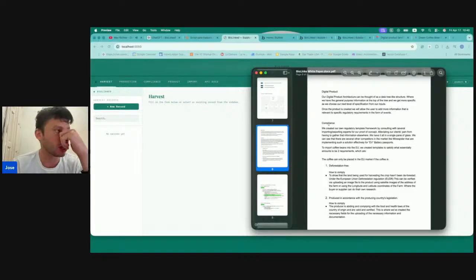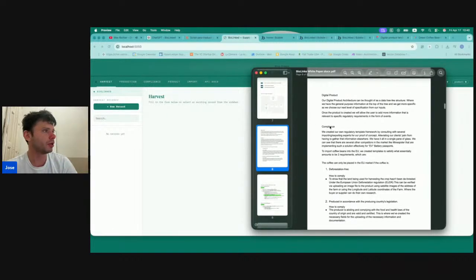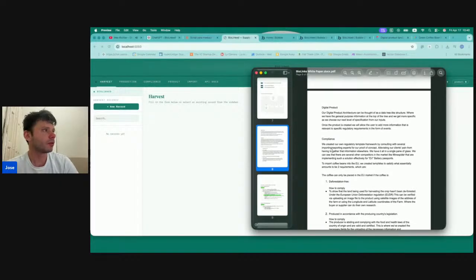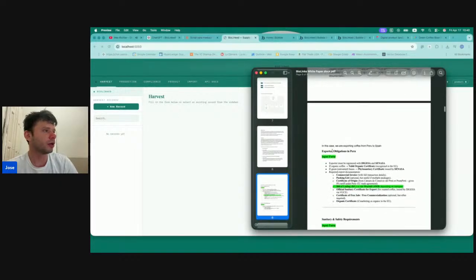Essentially, what we're starting out with is coffee digital products. We begin with this harvest product, and then the harvest product will then have